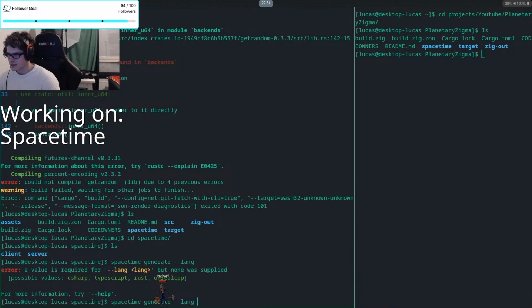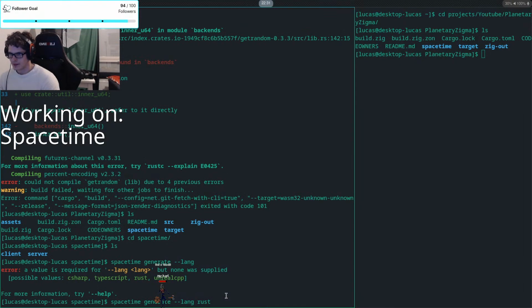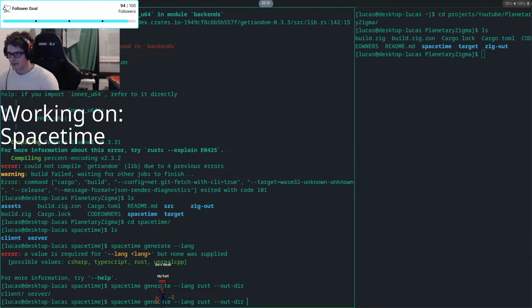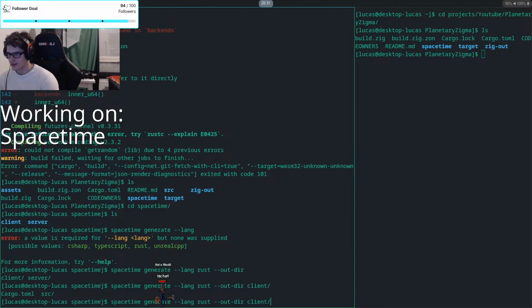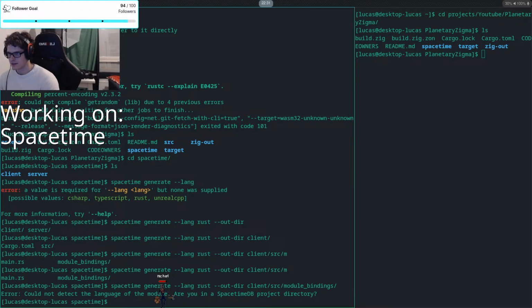Let's see, Rust. They have Unreal C++ now? Dash out there. And then just the path to the client. Source. Module bindings.